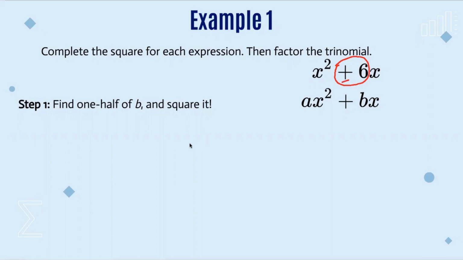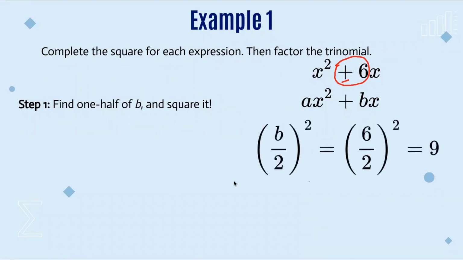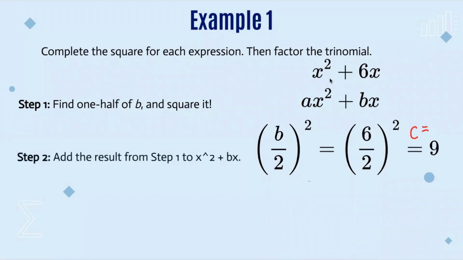And so now that we found our b value, we can go ahead and plug it into this formula of b over 2 squared. Just substitute b with 6, and then 6 over 2 would just be 3. So this is just 3 squared, and 3 squared would equal 9. Now that you found your c value, which is just 9, you can add it to your binomial expression, in this case x squared plus 6x. If you add 9, it would make it x squared plus 6x plus 9,